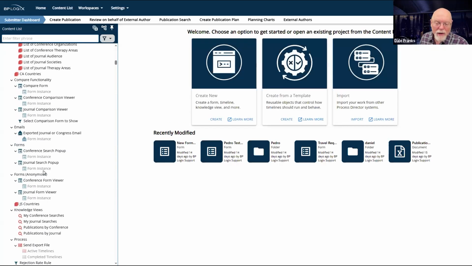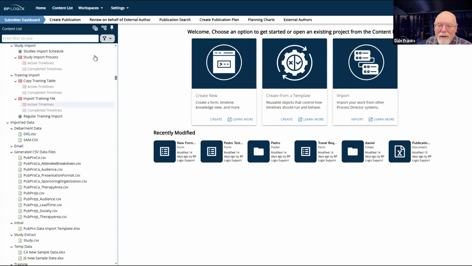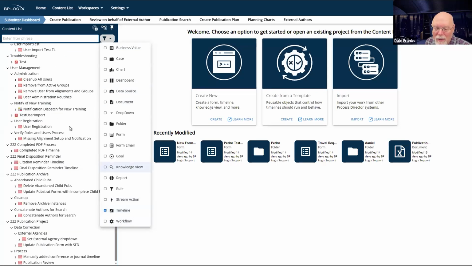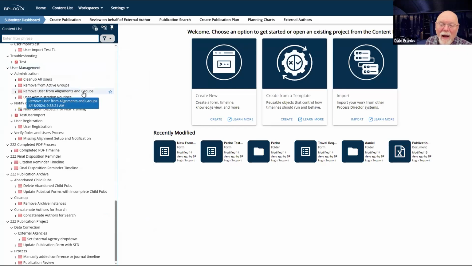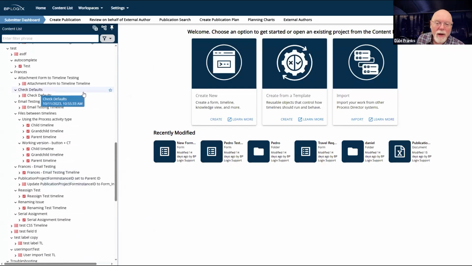I was trying to show it to you. This is not a system that I work on, so I'm just sort of trying to find stuff. I probably should have looked at it sooner. There's a main process on here, and there are a lot of timelines because there's a lot built into this, way more than what you've seen me build.